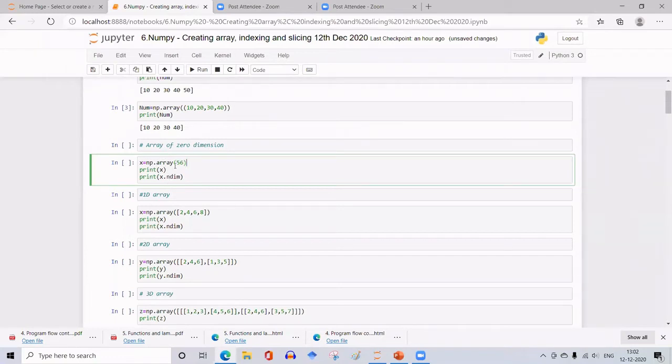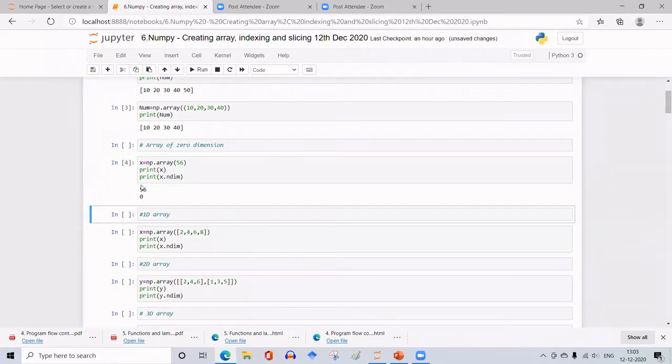And to know the dimension of it, this is the function. You give the array name, then dot, then ndim. ndim will give you the dimension of the ndarray, and print x.ndim will print the dimension of this array that I have formed using only one element.